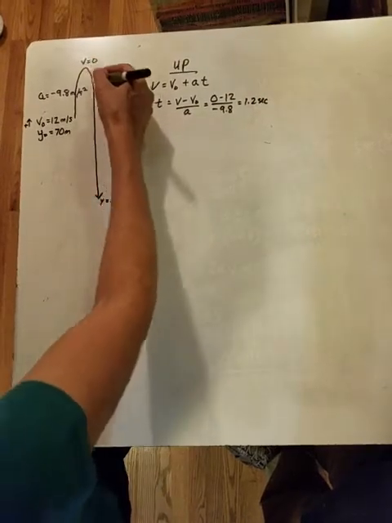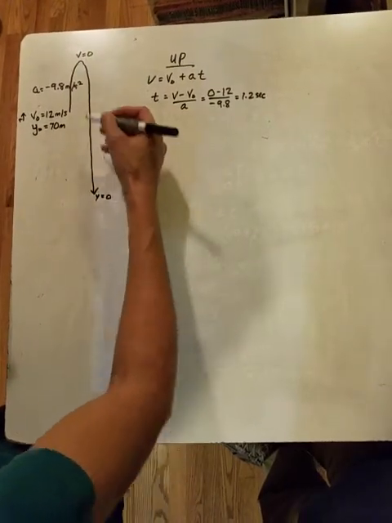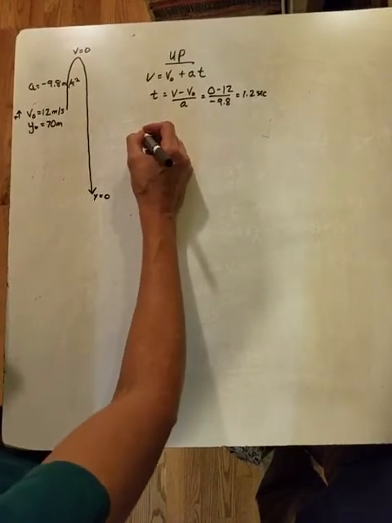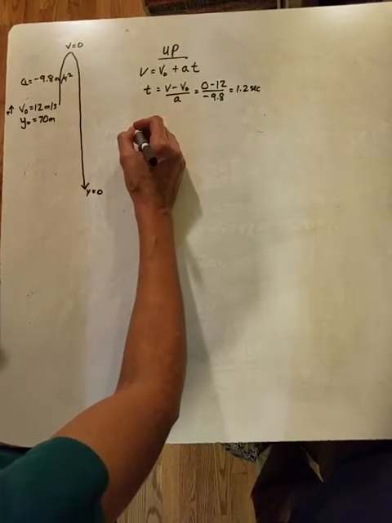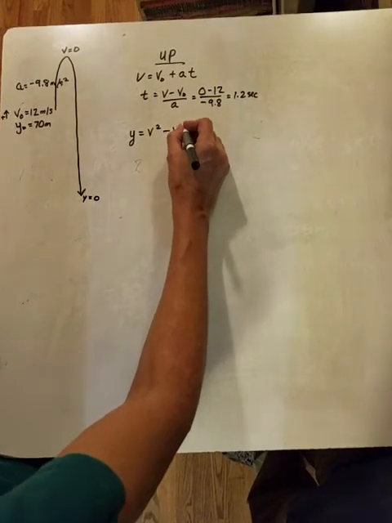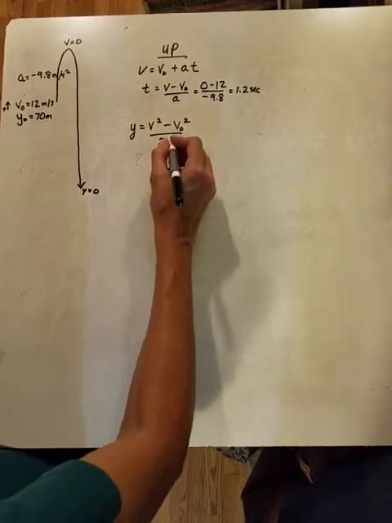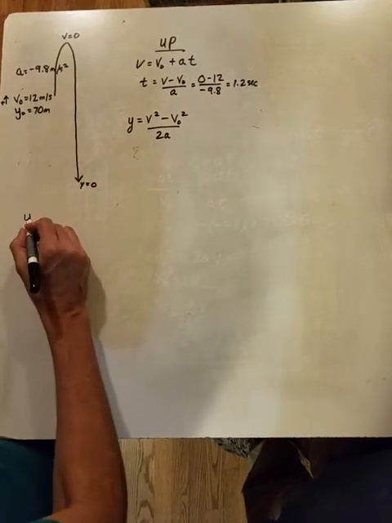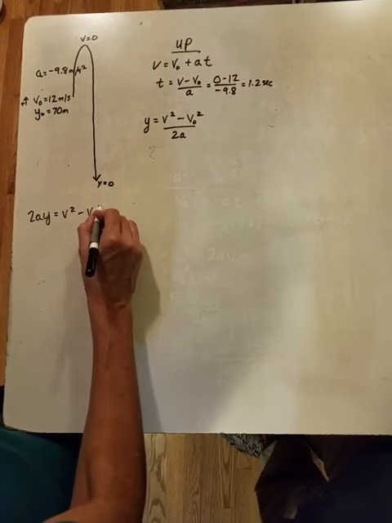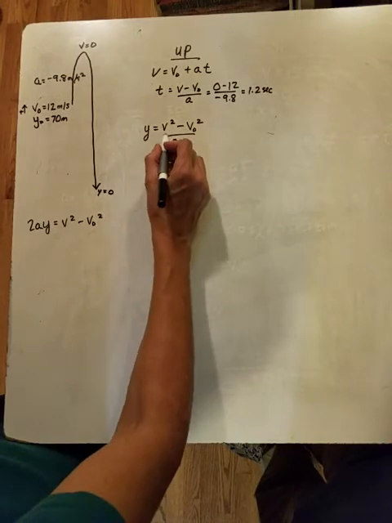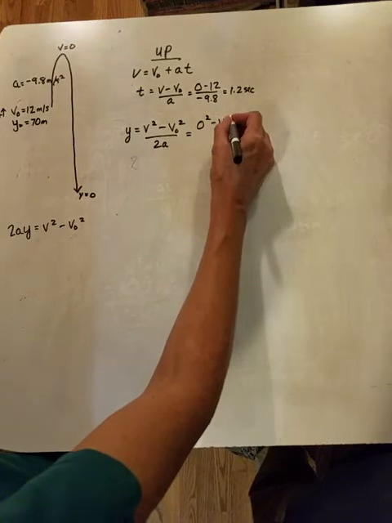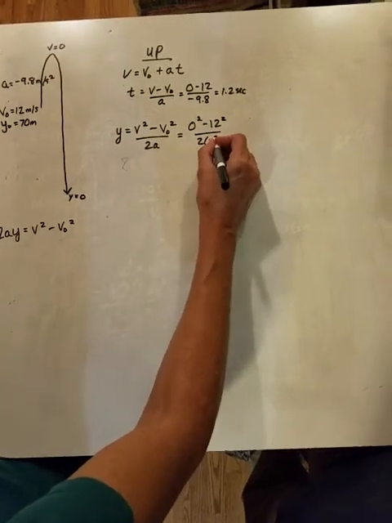Now in order to do down, we need to know how far it falls. But in order to know how far it falls, we need to know the distance that it rises. So that's actually the next thing that I'm going to find. That's part C. So our y value is going to be equal to v squared minus v0 squared over 2a. And that comes from 2ay equals v squared minus v0 squared, and then rearranging that equation. So this is going to be equal to 0 squared minus 12 squared over 2 times negative 9.8,